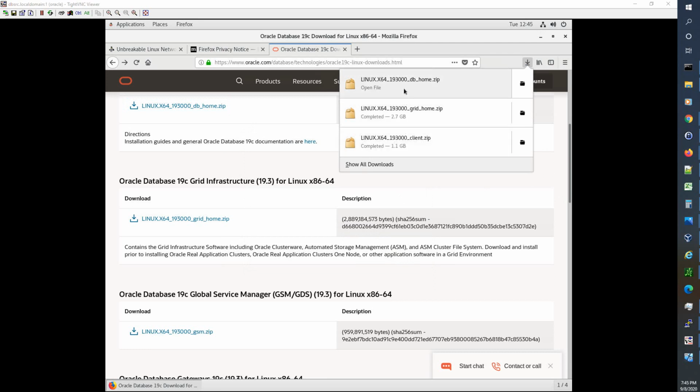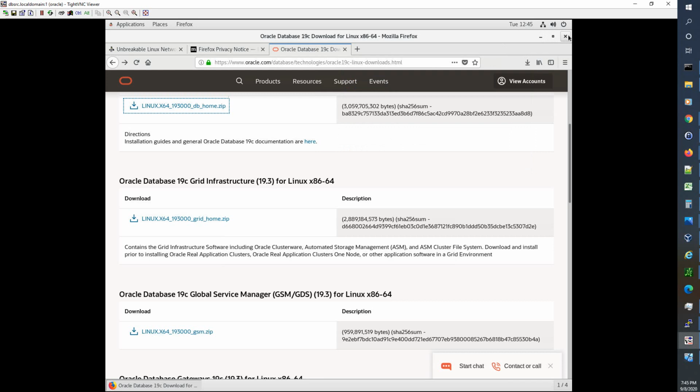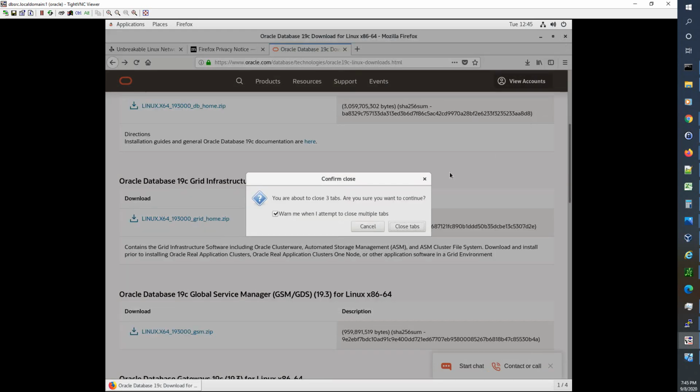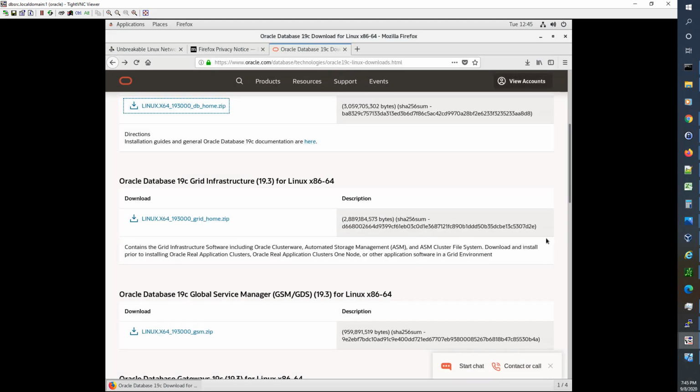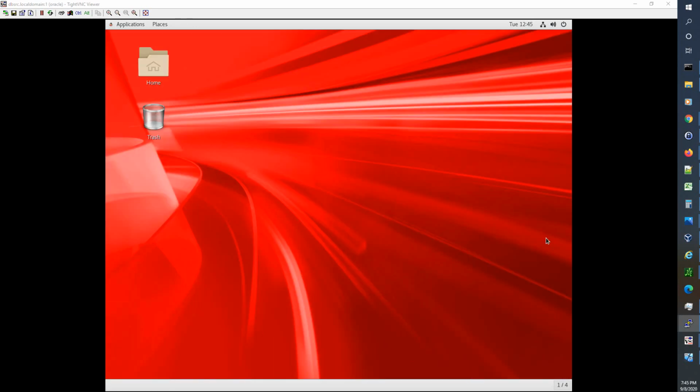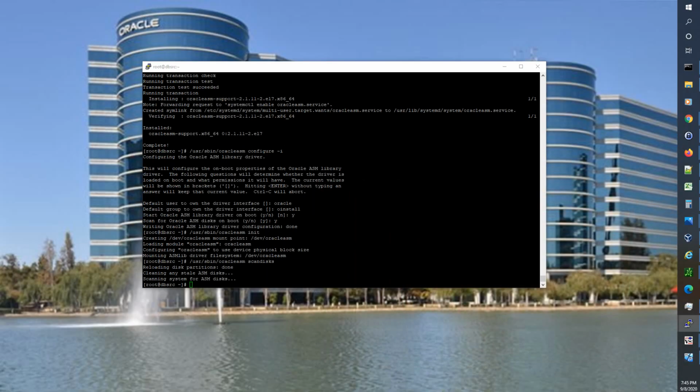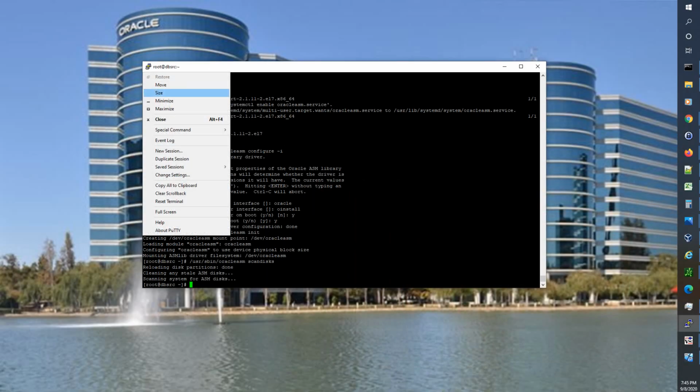Okay, it just finished its download. So we're all set here. We've got our home, our grid, and we also have our client. So now what I'm going to suggest, close all tabs, sure, is that we go back in to our putty session. So I'm going to minimize this, and I'm going to do a duplicate session on this,